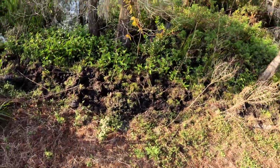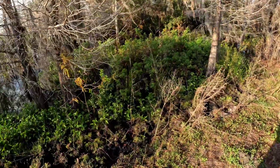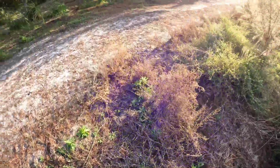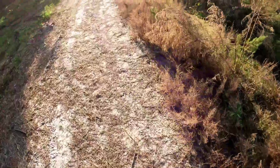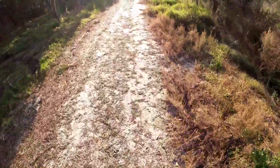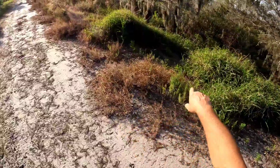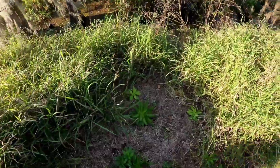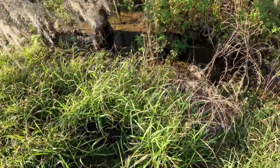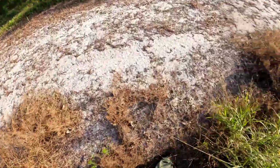You can see where the hogs have been running down in the cypress here, but this edge is what I'm wanting to check out. So there's a couple little islands out there where it's elevated too. I do want to kind of get in there, but not today. It's kind of dangerous. Gators might be out. See some more little glass pieces shimmering up there, so we'll keep an eye. I think we might have a gator slide right here. And I don't see any bottles down in the cypress grove, so